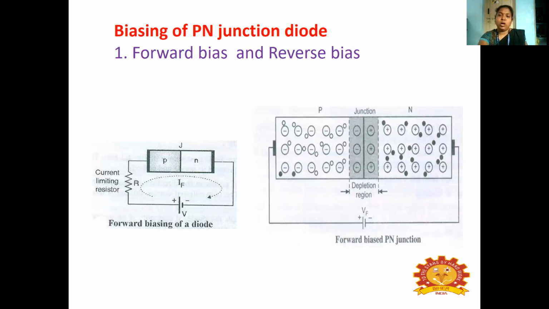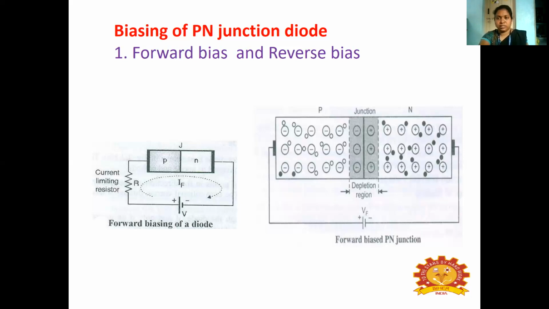So next you can see the operation. The next diagram will show you the forward biased PN junction diode operation. In the diode, we have the p-type material and n-type material. The p-type material will have the majority carriers of holes. You can see in the diagram a small empty circle, that we call a majority carrier of holes. And you can also see a small black dot, which is a minority carrier called an electron in the p-type material. Likewise, in the n-type material, we have a black dot that is called an electron.